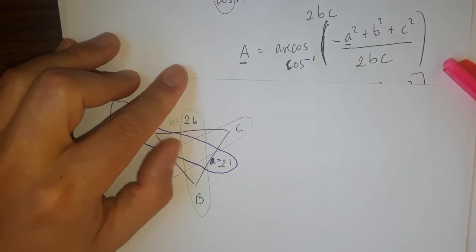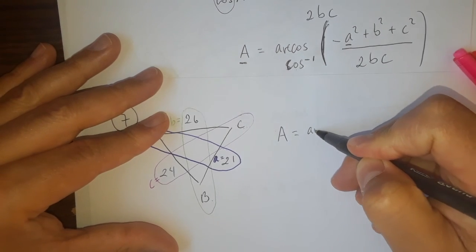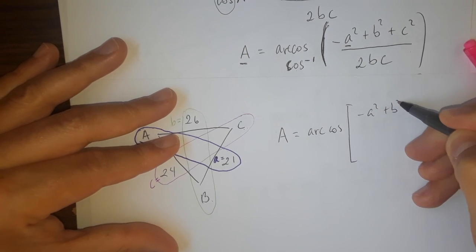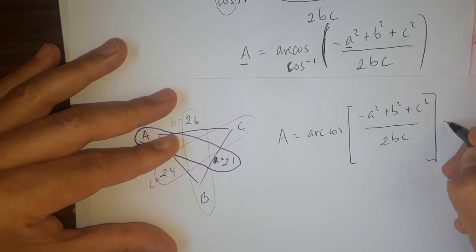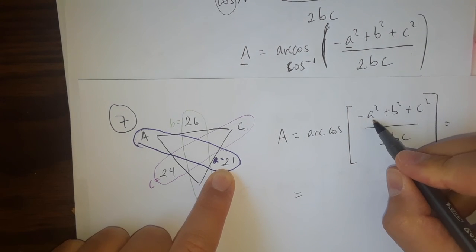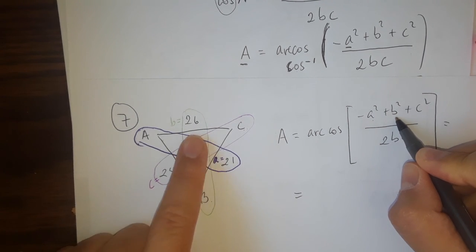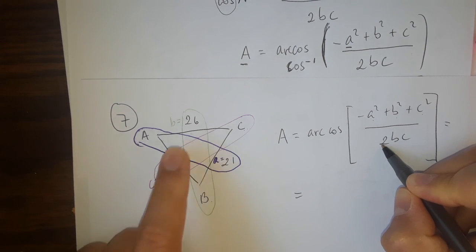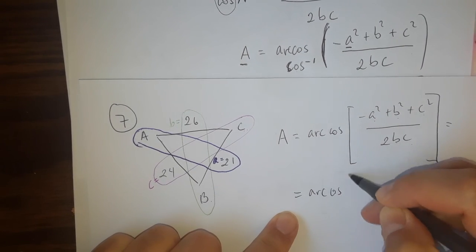Formula A, so I'll write it down. A equals arc cosine or inverse cosine of negative A squared plus B squared plus C squared over 2BC. Now let's just substitute. A is 21, so 21 in here. B is 26, so 26 squared. C is 24, squared. 2 times 26 times 24. So arc cosine of